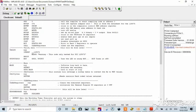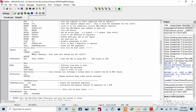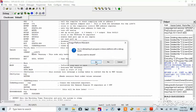So now our power things are on. I'm going to turn it off, and I'm going to turn it back on. And now it's happy. So we're going to program. We're going to build all. Let's build all. So there's our build, and we're going to program the chip. Here we go. In the script, and got us a working result where if I provide some power to this thing,